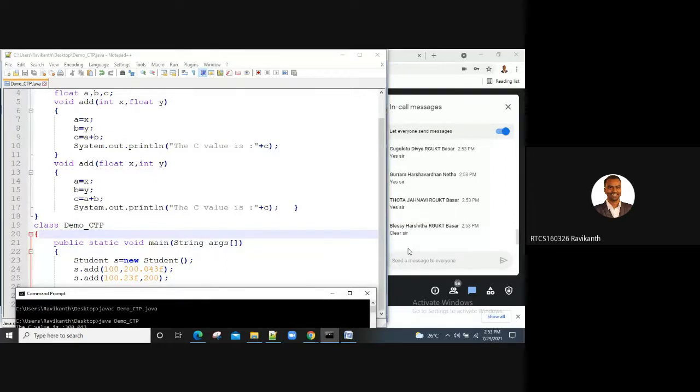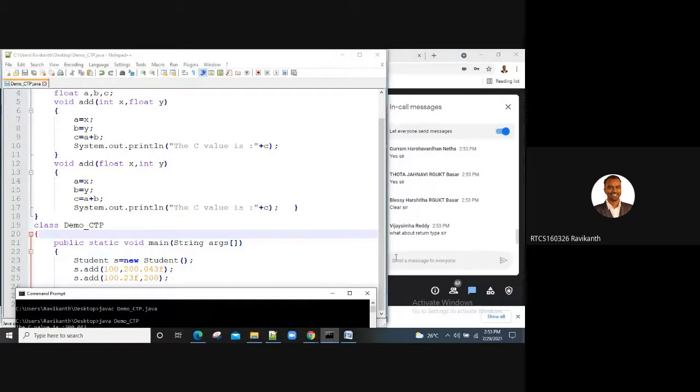Yeah. We'll also see one example of method overloading with respect to operator. Or else will you work on it as an assignment? On the operator, you can check with multiplication and addition. Can you just check it?